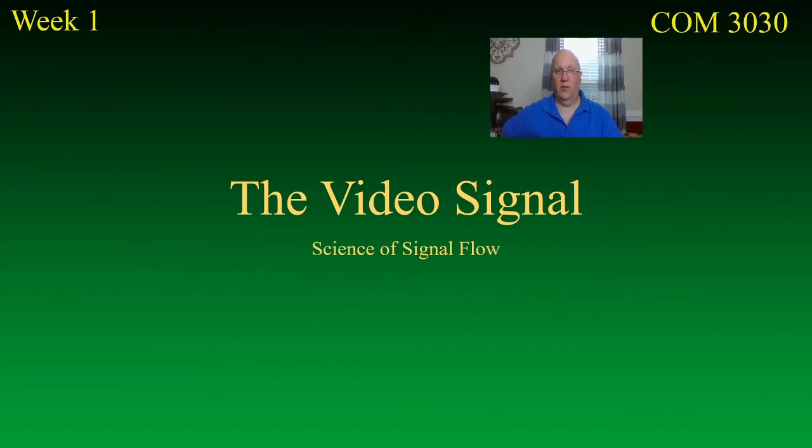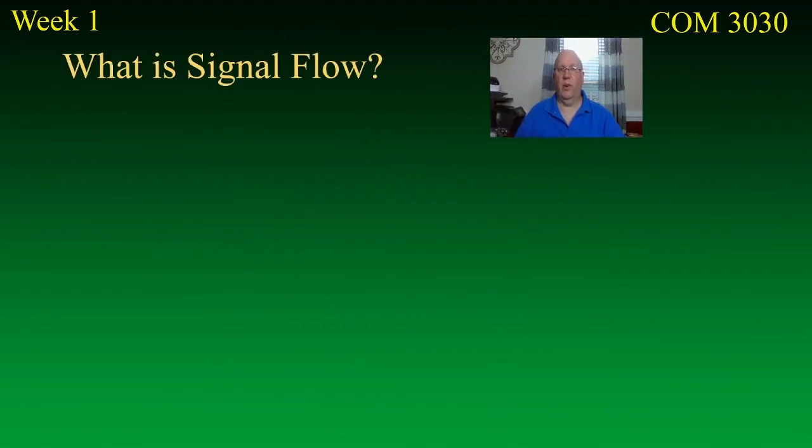Signal flow is a very basic concept regarding television production, and it's a relatively simple thing to understand if you put it in context, and you're going to see that it's important in connecting other things together, literally. When we talk about signal flow, let's first start with what signal flow actually is, just to make sure we understand that much. Signal flow is the flow of information, basically transferring between one piece of equipment and another, and then ultimately to the home screen, whatever it is you're looking at it on.